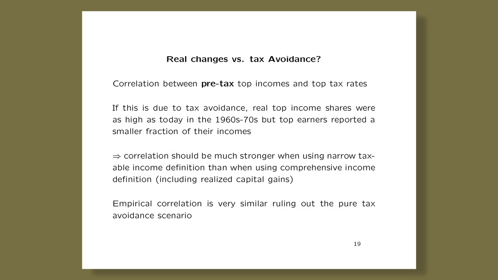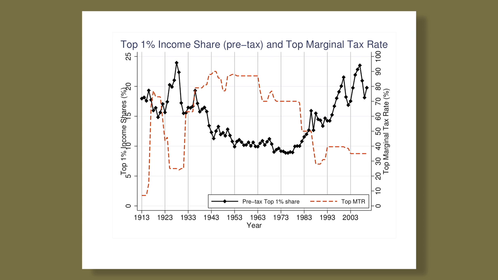So I'm just going to show you in the rest of the talk some evidence to try to tease out which scenario we are in. I can't promise I will have a definitive answer. This is research ongoing, but I want to show you some facts to get a grasp on this debate. So the first one I want to deal with is whether tax avoidance can explain everything. That's actually a criticism we've gotten